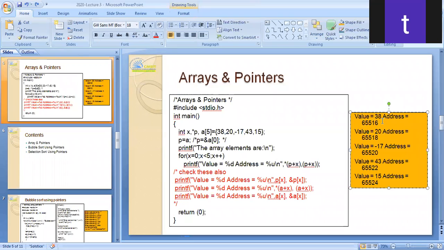How? I will tell you. First value is p of 0, 38, and address is 16. What is this 38? It is of integer data type. If it is integer data type, how many bytes will it take? 2 bytes. So if the address is 16, the next address will start at 16 plus 2.